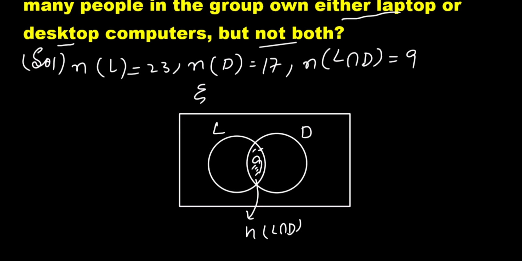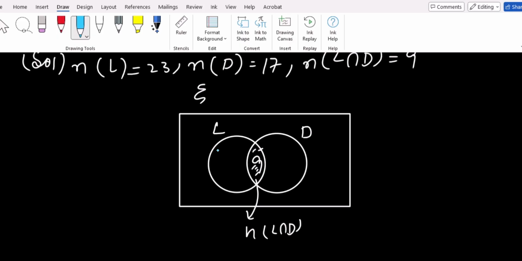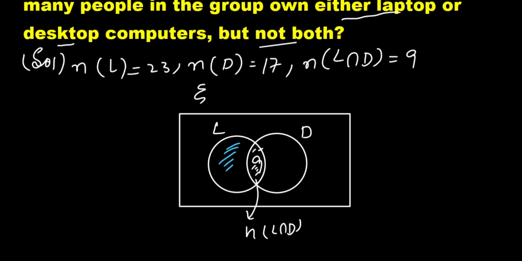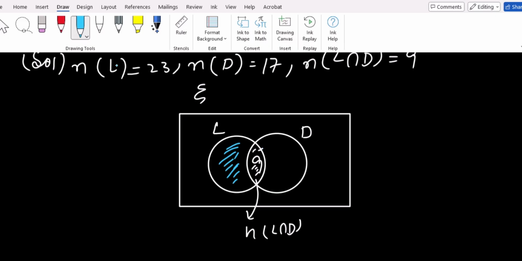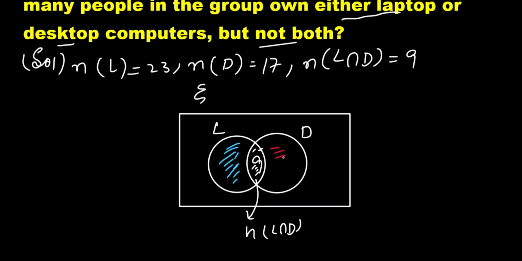Now we have to find the number of people who have either laptop or desktop. It means we have to find the two areas here. First is this. This represents the number of people who have just laptop, and this red area represents the number of people who have just desktop. We are not interested in the area that is common in both. The blue area here is actually denoted by,